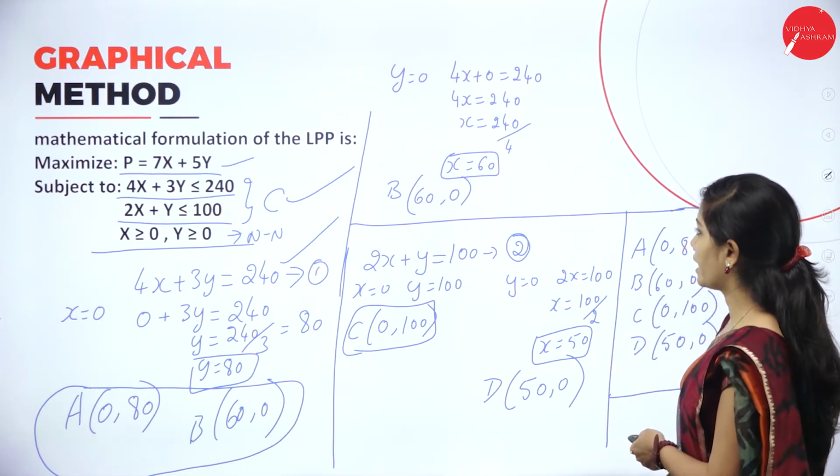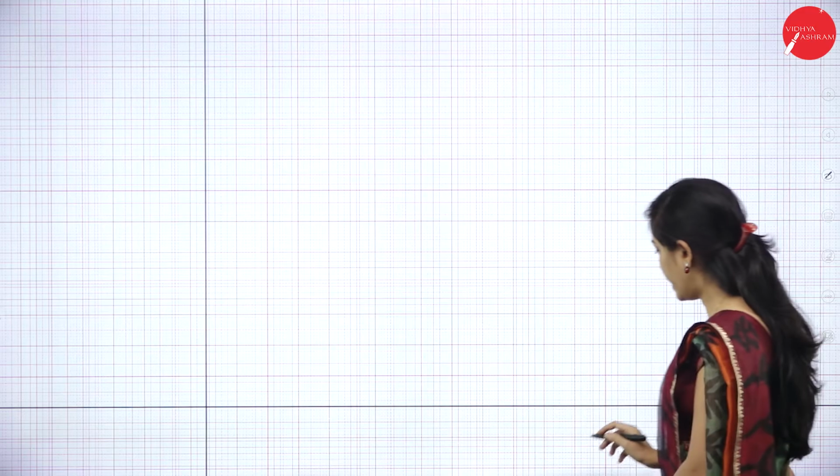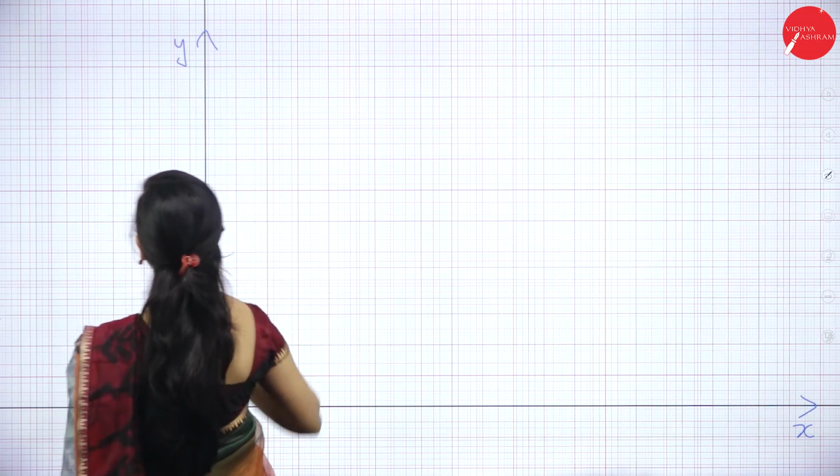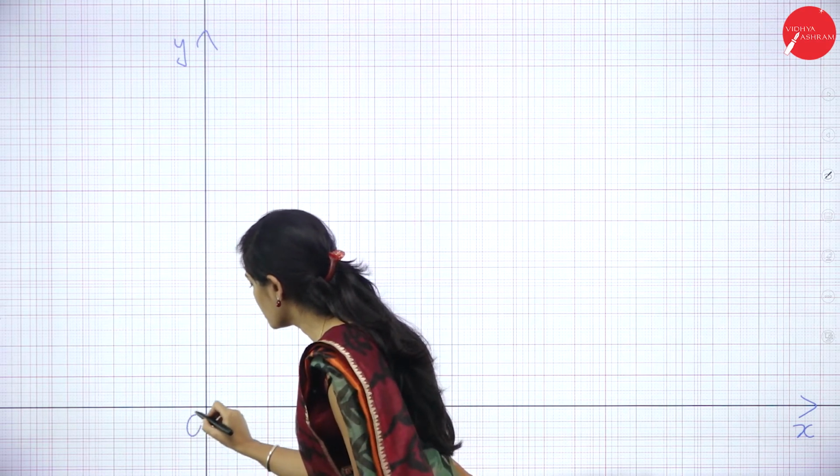So let's use a graph sheet and construct them. Using the graph sheet, you can construct the constraint lines and the feasible region. First I will take this as x and this as y. This is 0.